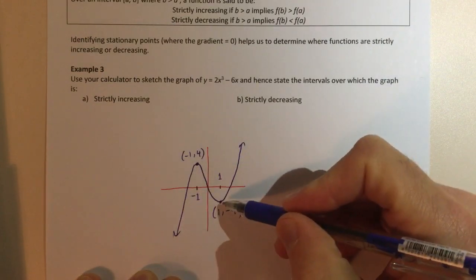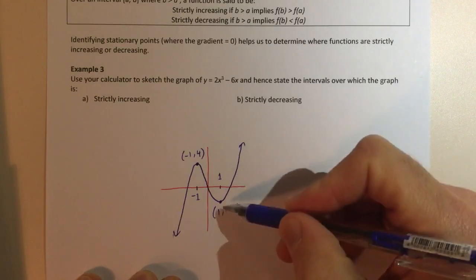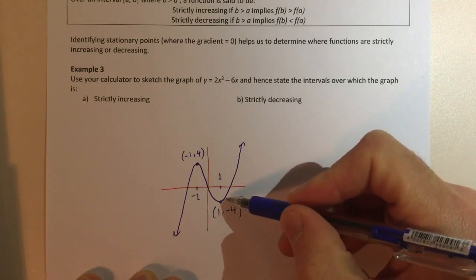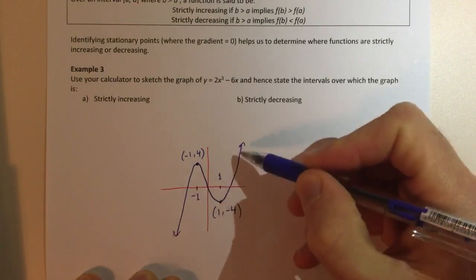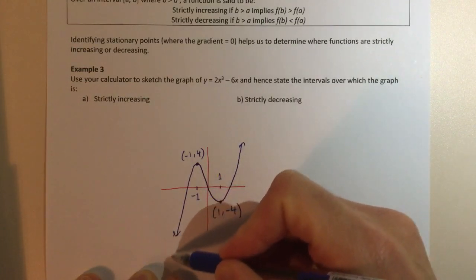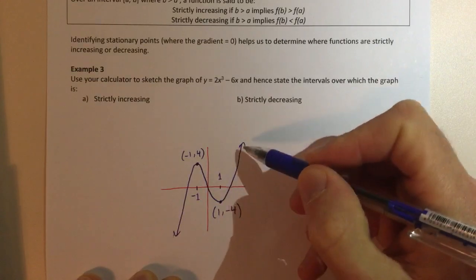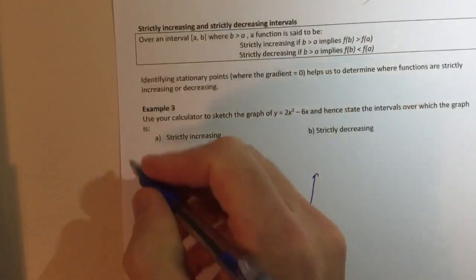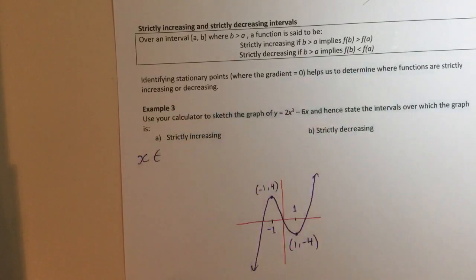We've also got a section at the other end from 1 onwards where it's going up again, okay? So when we talk about where it's strictly increasing, we're going to be talking about those two sections, right? It's strictly increasing from -infinity all the way to -1, and then from +1 all the way to +infinity. So we can write that as a union. So we can say that x is an element of